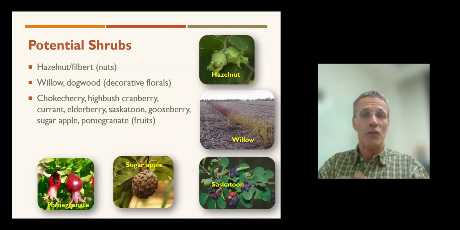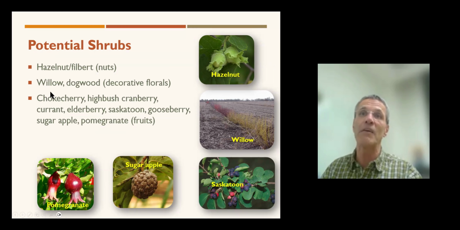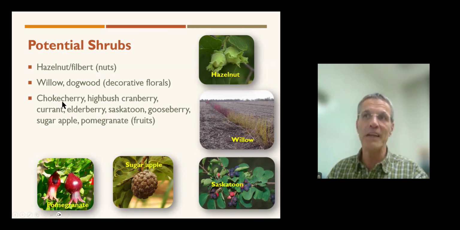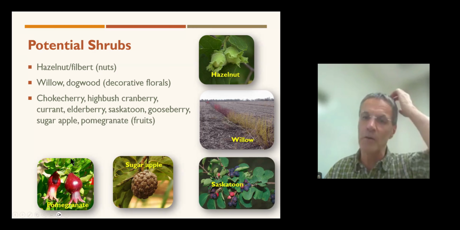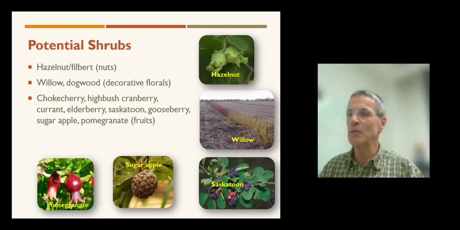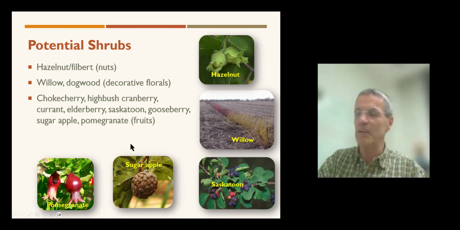then that can be problematic. So like I said, it doesn't have to be trees. It can be shrubs. In the United States, they often use hazelnuts, or they use decorative things like dogwood or willow, or they use different kinds of fruit that can be harvested. In the tropical region, you have anon or sugar apple, which is kind of a pulpy tropical fruit. Or pomegranate you could use. Saskatoon is something that grows in the far north, more in Canada and northern United States. So different possibilities there to be used.